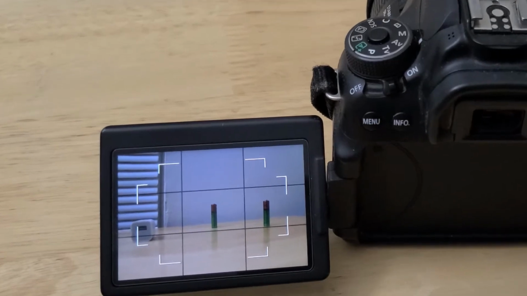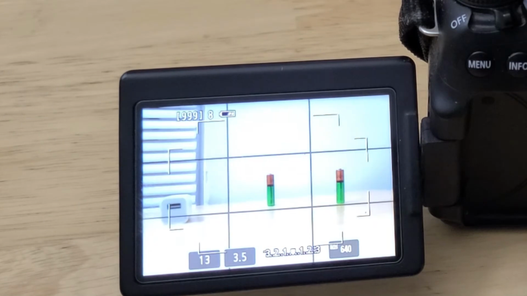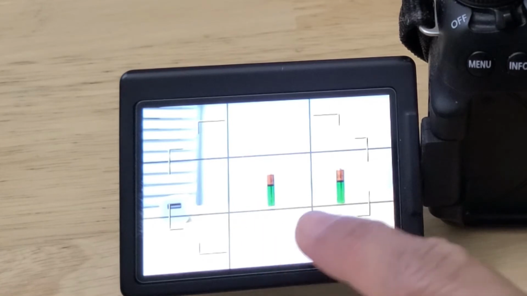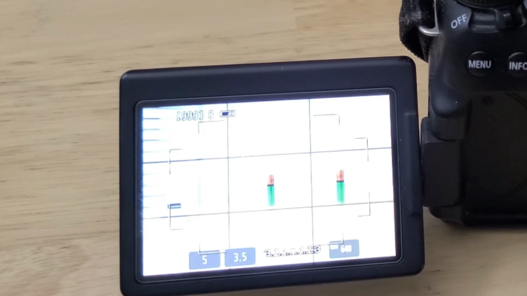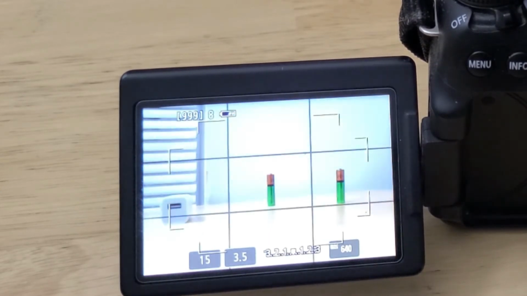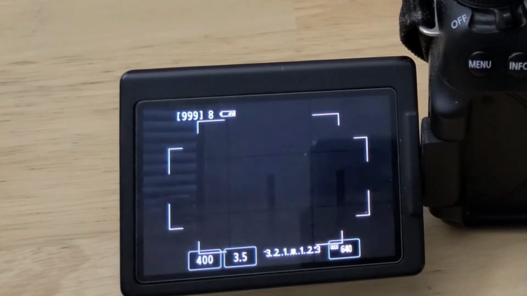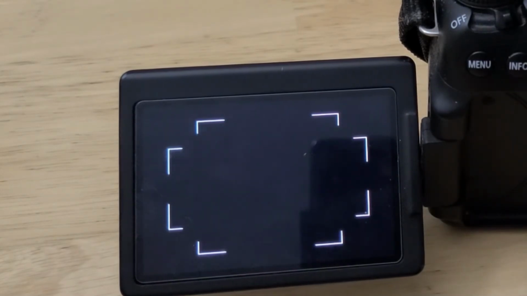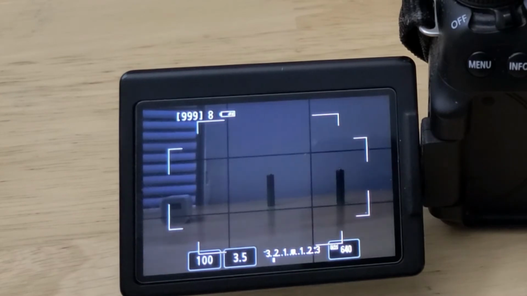So I'll just show you an example. If I reduce the shutter speed to, let's say, a value of 8 on my screen, now you see the image is looking very bright, and the more I reduce that number, the brightness keeps on increasing. Whereas if I go towards the right, the brightness is reducing, and at one point the screen would become dark. So my aperture is at the widest opening, which is 3.5, but I can still use the shutter speed to change the amount of light. So let me take a picture here.